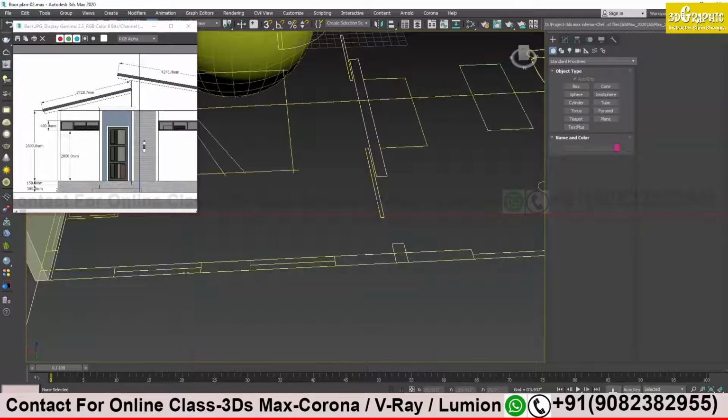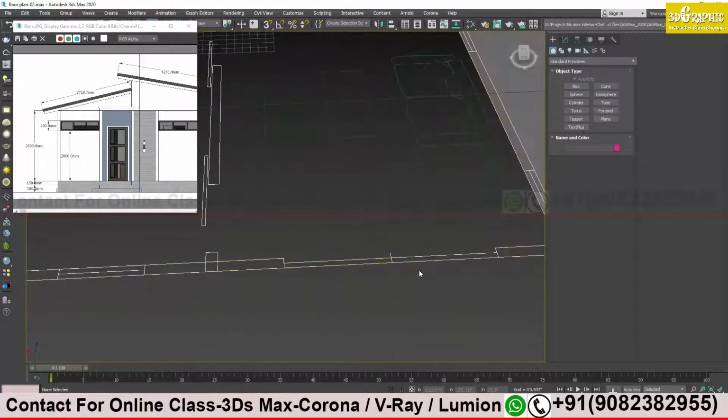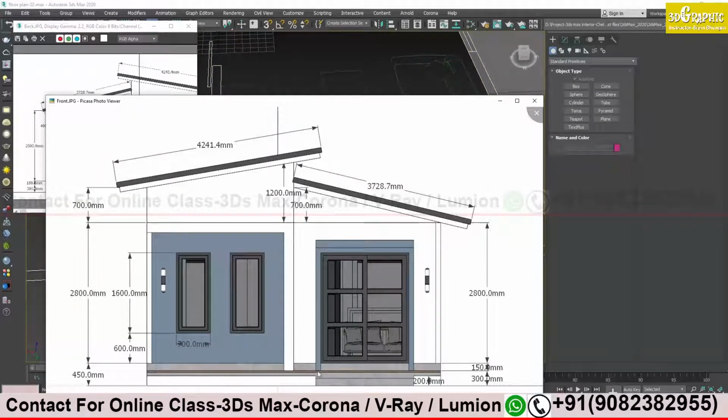Okay. Try to make this window and try to make this door as well. Both are the same method. Both have the same. Here also the same thing. Only you have to create a gap at the center with the help of bridge, and try to create the frames with the help of a box. Just you need to create a box, one, copy it 2 times, and here also create 1 frame and keep it and then just make a copy. I think 1 2 3 4 copies you need.